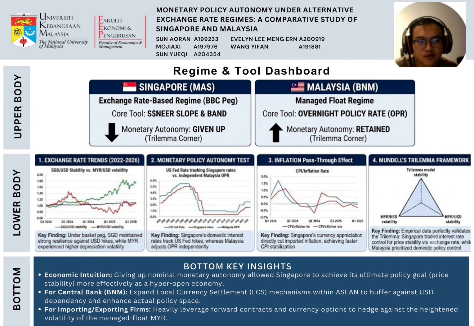The data we just saw highlights the profound policy tradeoff of the trilemma model. Neither framework is universally superior. Instead, each central bank chooses what is most stable for its national economic structure. Singapore consistently gives up interest rate independence because its total trade to GDP ratio is past 300%. In such a hyper-open economy, traditional interest rate changes are too slow, so MAS successfully cut off import inflation at the border before it could seep into the domestic economy, achieving greater